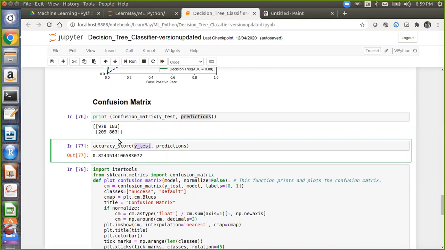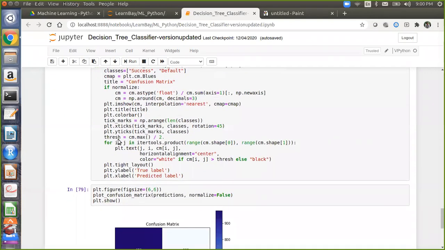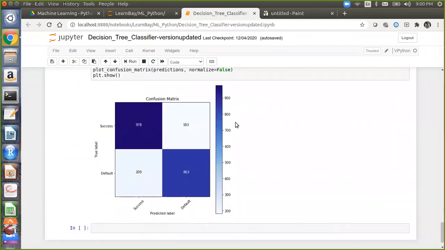Now this is a cluttered looking confusion matrix. If you want to plot a confusion matrix in a fancier way, I have written a code. This will give you a fancy confusion matrix for your understanding. So you can plot like this. In every algorithm, I will give you a different kind of plot for the confusion matrix. Whichever kind of plot or visualization you like, you can use it in the future as your own.